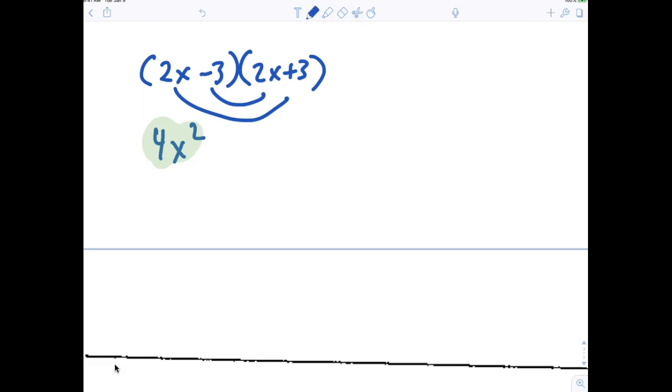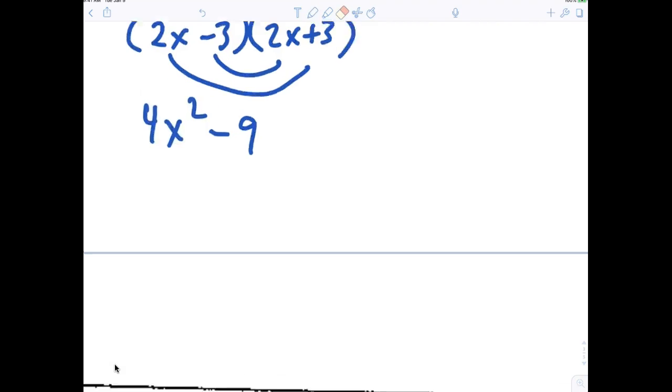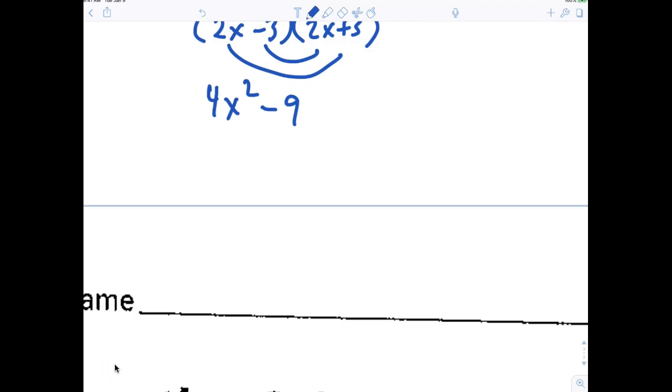This answer right here, if I multiply negative 3 times positive 3, is negative 9. This type of problem is called the difference of squares. Why do you think they call it difference of squares? Because difference means subtracting perfect squares. That's what that means. Is everybody with me? Now, come on, look up. If I said to you, factor 4x squared minus 9,